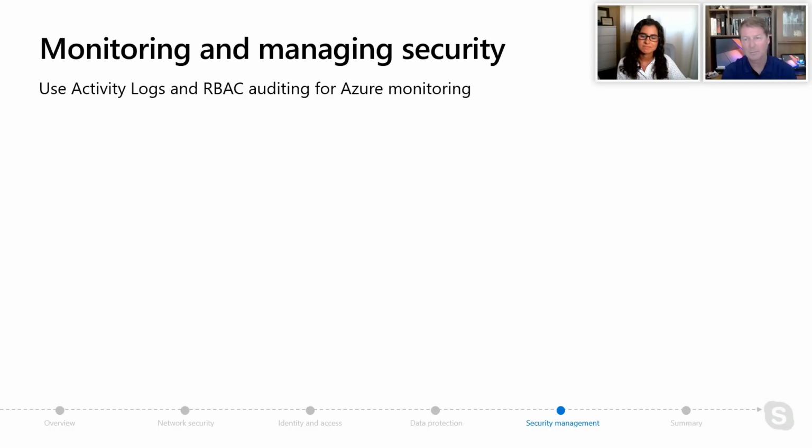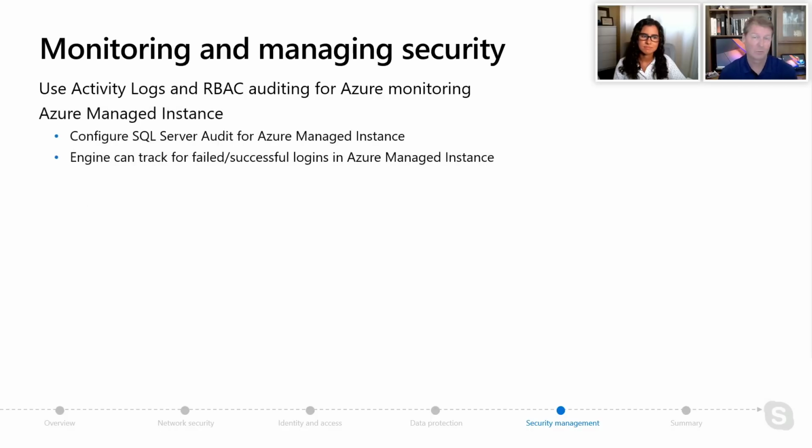But remember what Anna talked about is the fact that when you configure that, you're going to be using Azure Blob Storage. Remember, these are extended event files for SQL Server Audit. So you don't have access to the local file system. So you're going to be, and we have all the documentation to show how to do this, you're going to be using Azure Blob Storage for that. But she also talked about a few other options which are interesting for things like Event Hubs or Log Analytics.